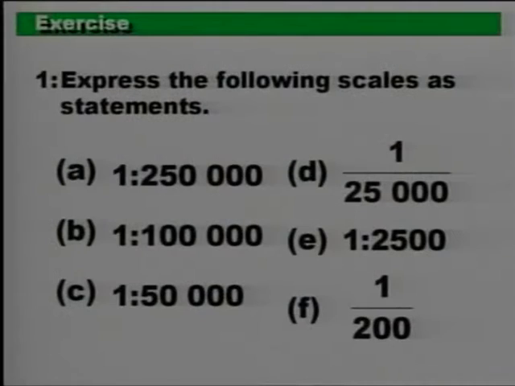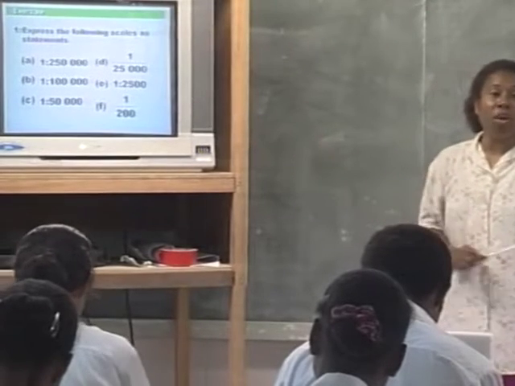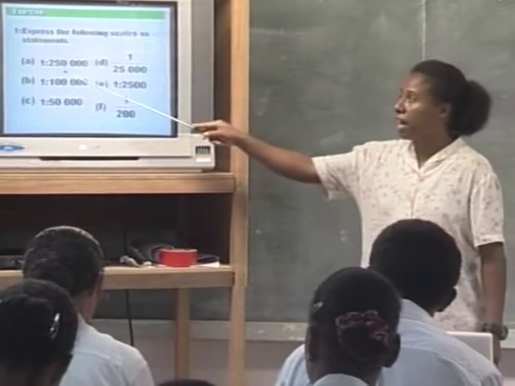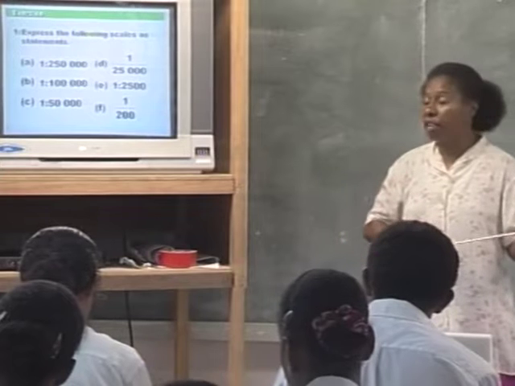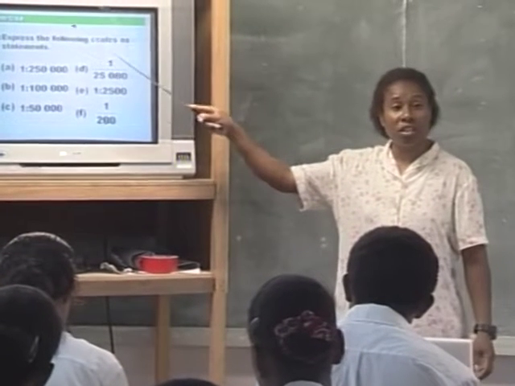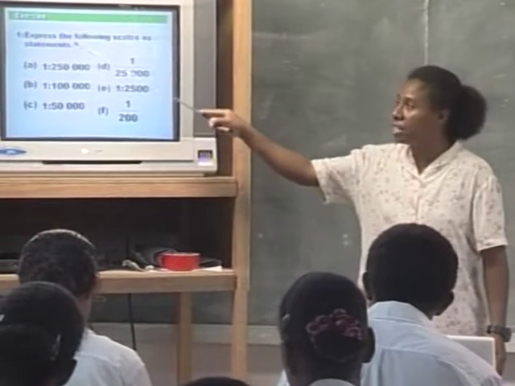Our homework was to convert those different scales given, which were given in the form of a ratio or representative fraction, and your task was to convert them so that we can give those scales in the form of a statement, but not as it was given from the example. I gave you an example, looking at the statement form as it is. We've already corrected, and from what we have corrected, we said if this was to be given in a statement form, then it will be simply